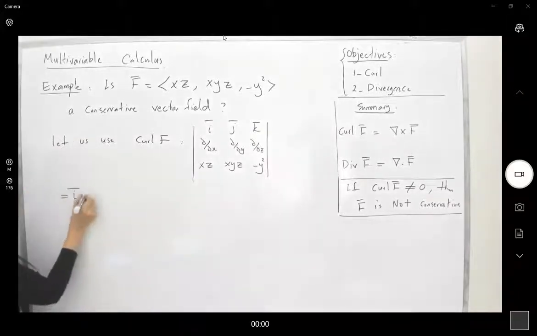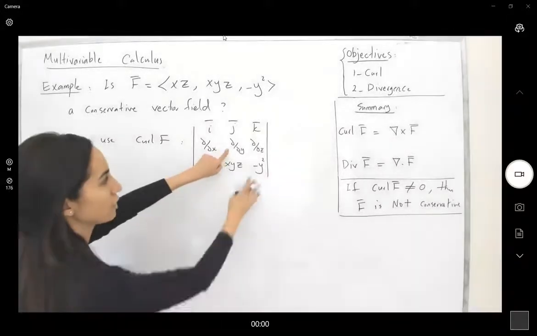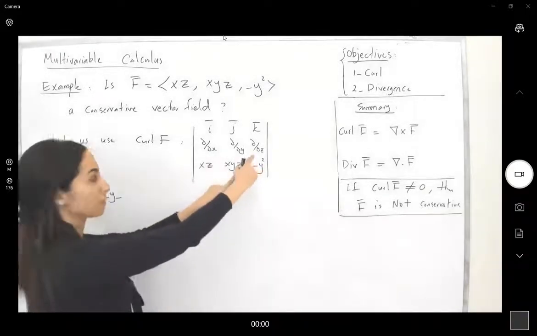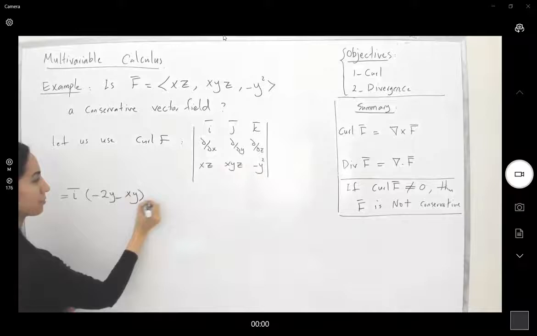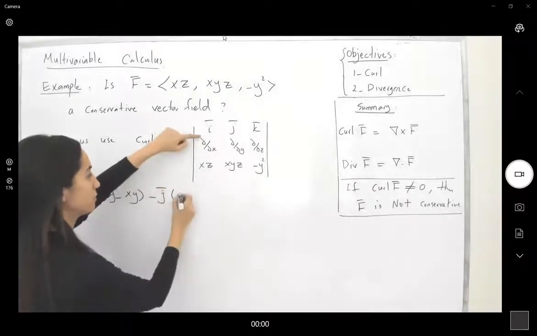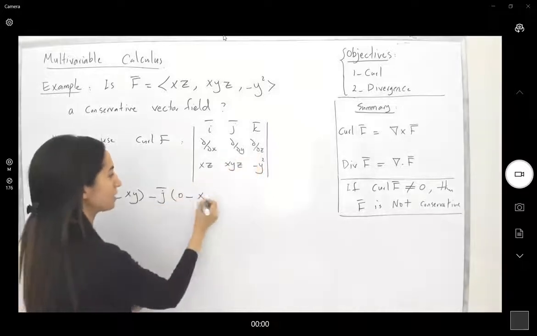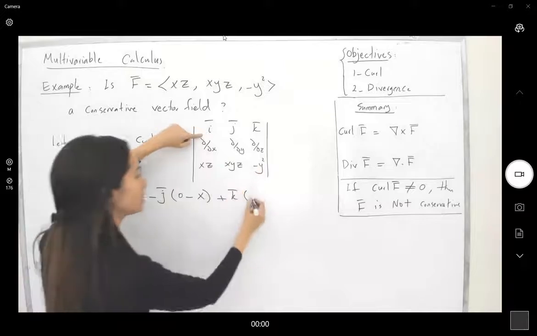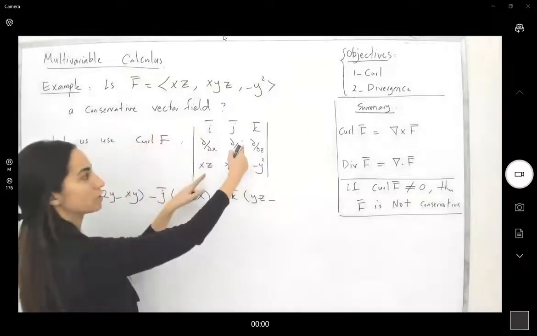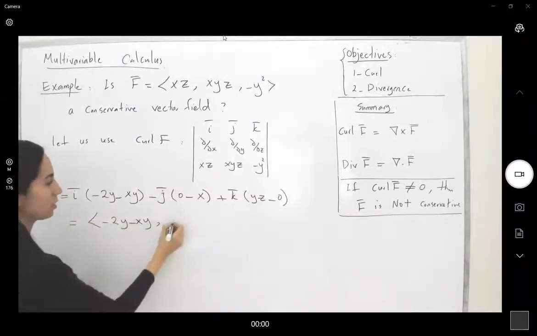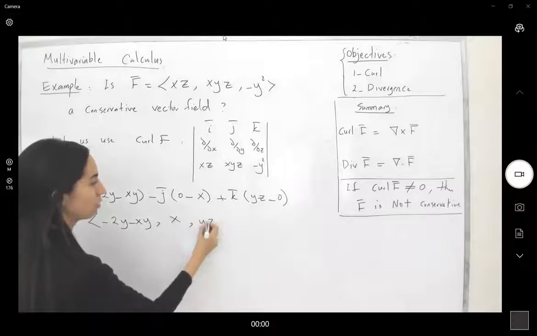Well, I have i. The partial derivative with respect to y is negative 2y, minus the partial derivative with respect to z, which is xz, minus j. The partial derivative with respect to x is 0, minus the partial derivative with respect to z, which is x, plus k. The partial derivative with respect to x is yz, minus the partial derivative with respect to y, which is 0. So as you can see, here you have minus 2y minus xz, comma, x, and here you have yz,